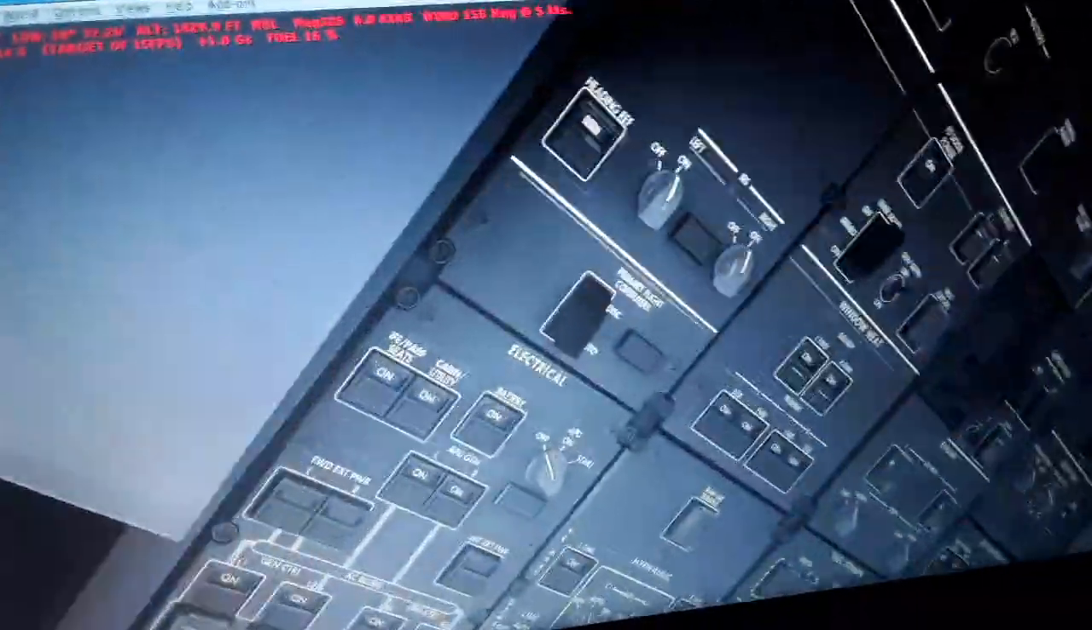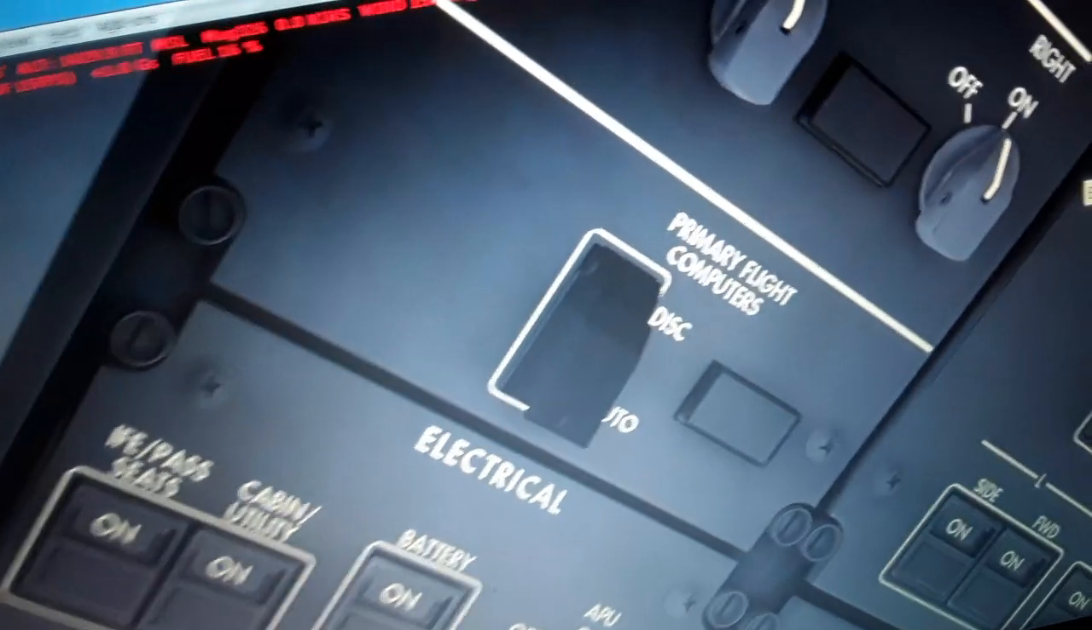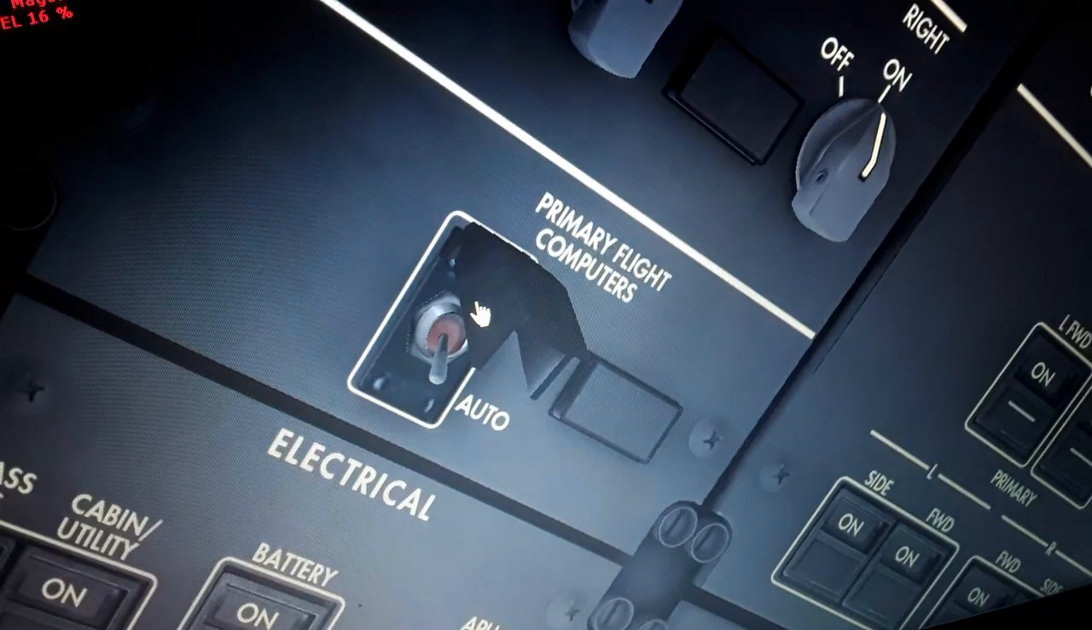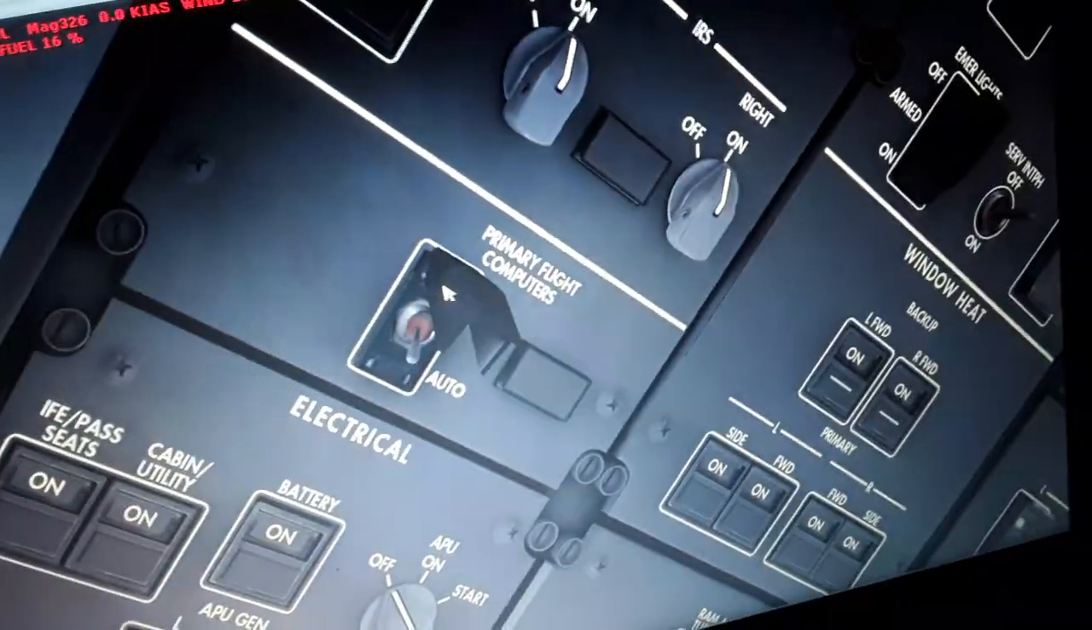You can see over here we have primary flight control computers, and we need them to be in the auto position, as you can see. We have other stuff also to show you. We have flight control surfaces. So here we have